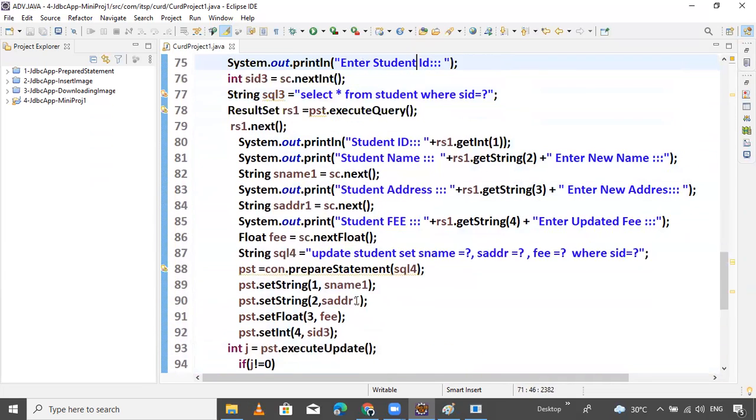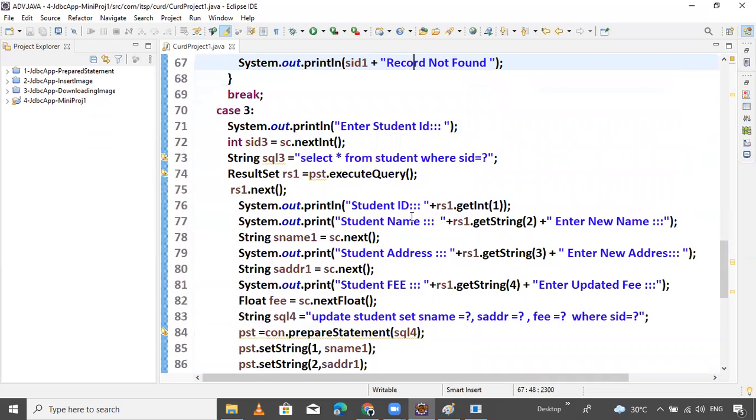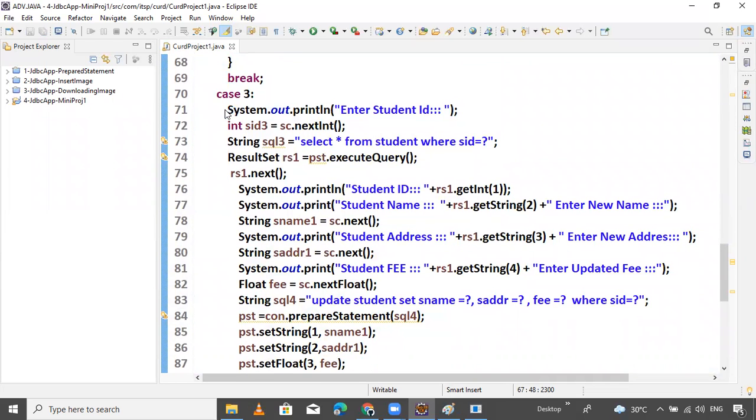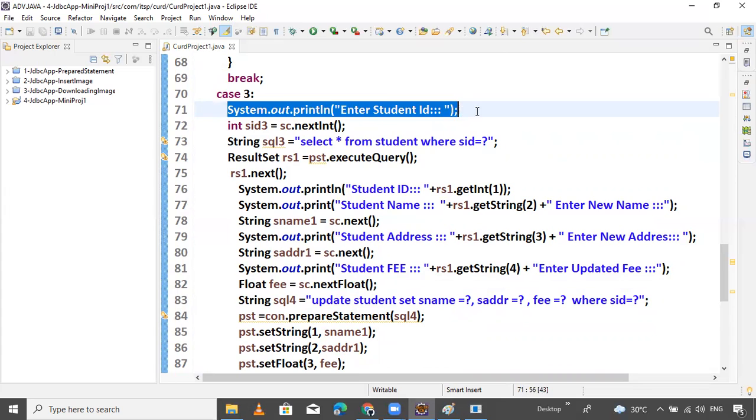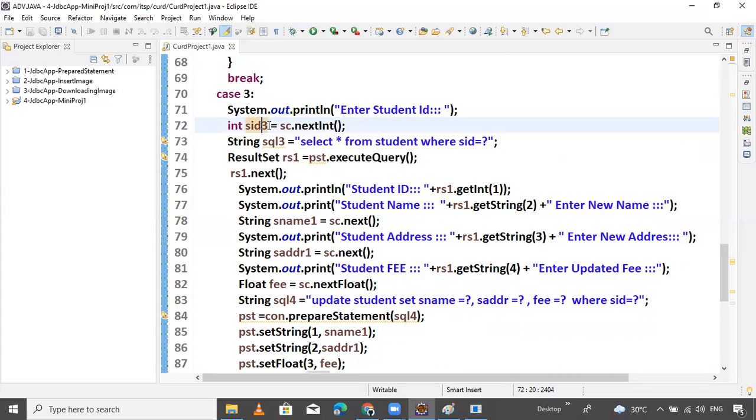Now our third module is ready for the execution. Now I will explain one more time what I have written here. First, our responsibility is to take the input from the user, which data you want to update. So now it's taking. So store inside some variable like SID 3. Then the user's responsibility is finished. Now the programmer's responsibility is checking whether the data entered from the user is available inside the database or not. For this purpose, I am preparing this query.